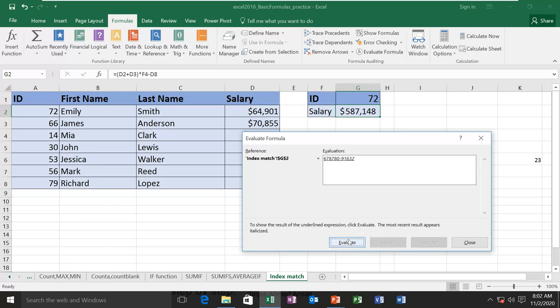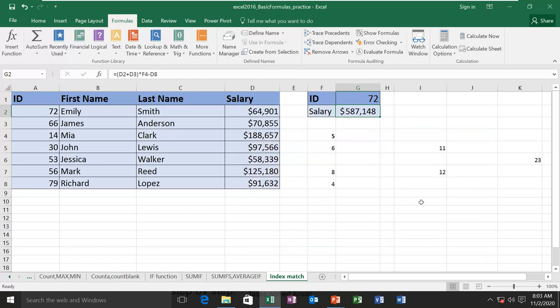And now it is finally going to subtract. And here is the total. Again you can do start. So you can do calculate, and you can see the whole formula stepwise. So if any one step is getting an error, then you can see okay, in this step it is getting an error.